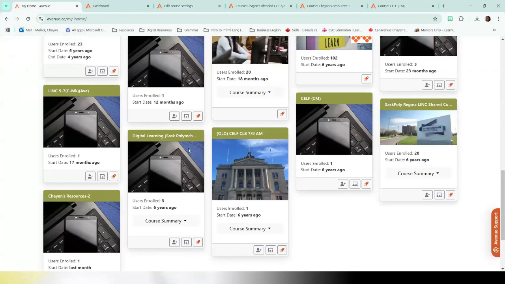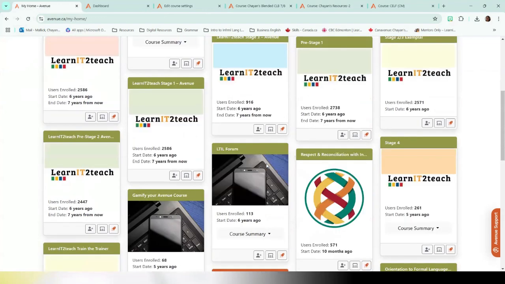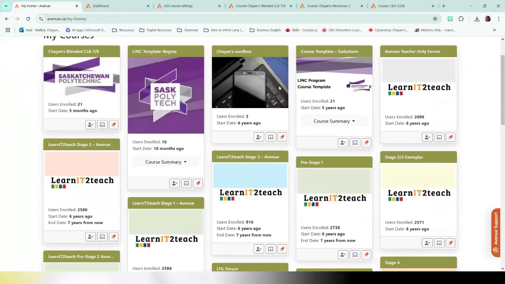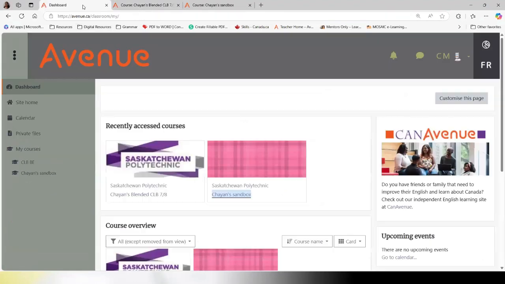So I don't find my sandbox. I think it's up here somewhere. Yeah, so nothing really, just the usual image that comes when it is created. And on the student dashboard, if I may show you how it looks. See, it's just a pink screen, pink,